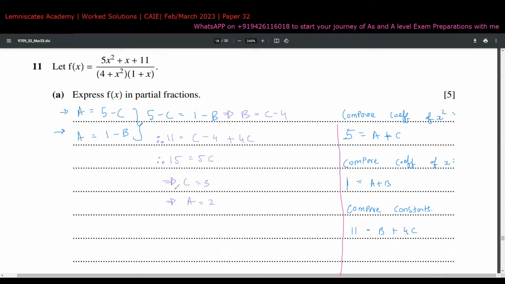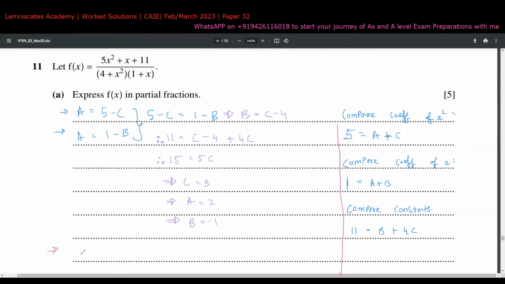And lastly, to get B. Now we know that A is equal to 2. So B will be what? B will be 1 minus 2, that is minus 1. So B comes out to be negative 1. Therefore, that's it. You are done with this whole question, except that you have to write this in the